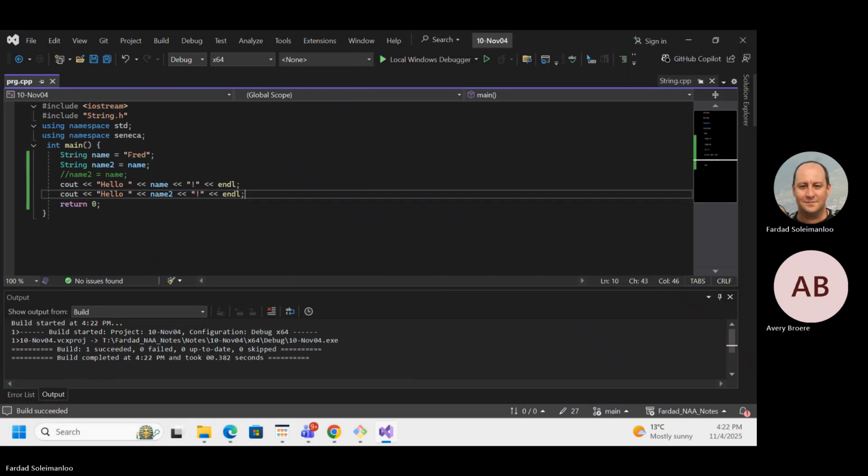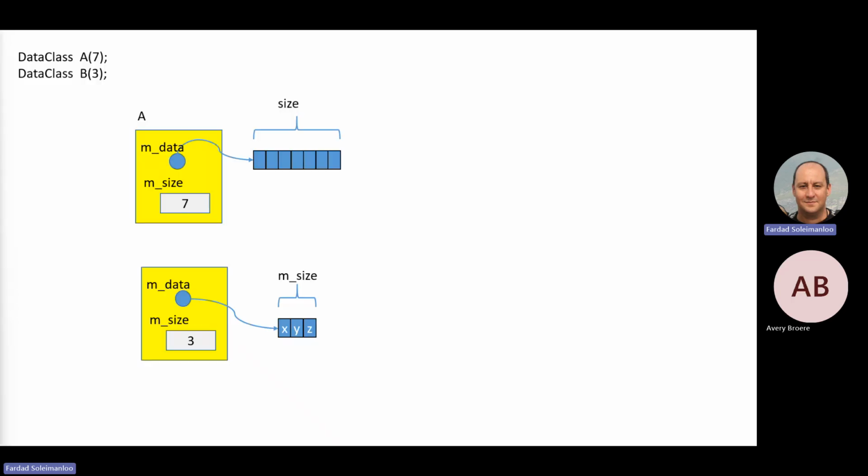So this, ladies and gentlemen, is the reason. The first one was assignment, right? I assigned one to another. When I assign one to another, this is what happens. I have two names in this case, two strings, so I had a size, one is 3, one is 7.